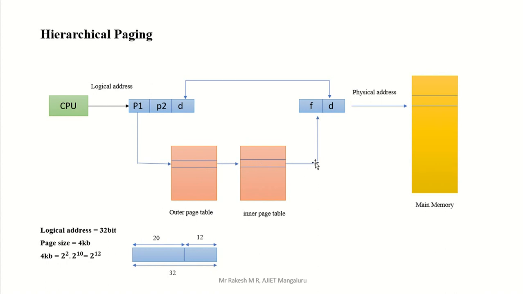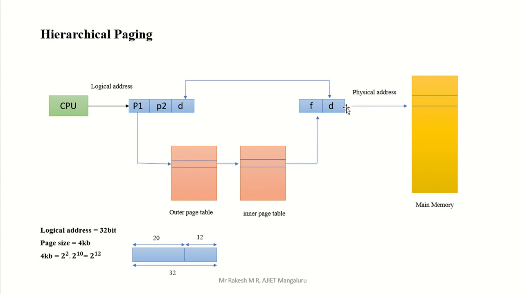That frame number is sent to this block. That contains F, the frame number. What is a frame number? And it includes another one. What is that? The size of the frame. Anyway, the size of the frame and the size of the page are the same. That's why we have this line here. So this frame number is here, the frame size is here, and that is called the physical address. The physical address contains the frame number and the offset.